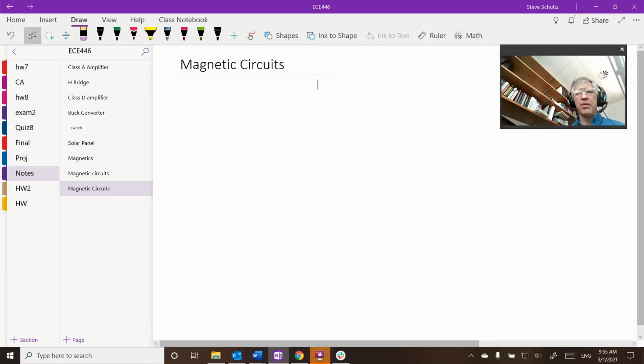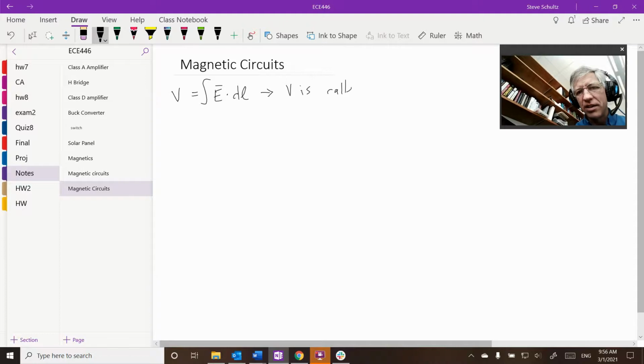Okay, so what we're going to be doing now is talking about magnetic circuits. So the first thing we're going to do is go back and look at electric circuits. With electric circuits, the basic equation that we have is the voltage. We had the electric field dot dl, and we found out that that was equal to the voltage. Okay, and so the voltage is called